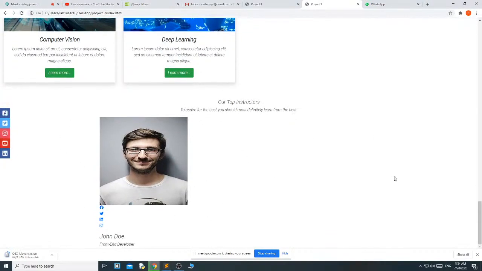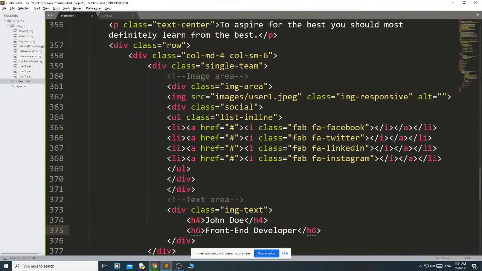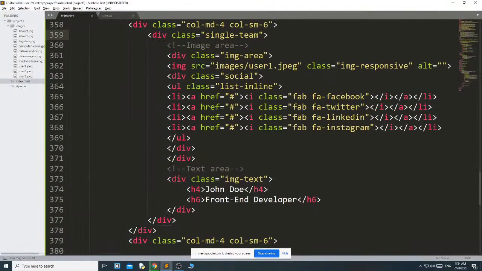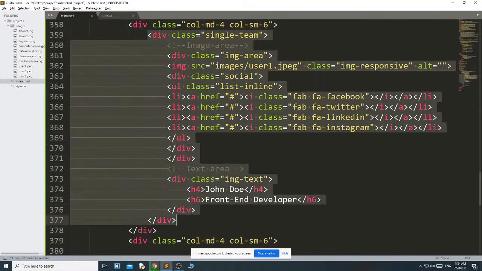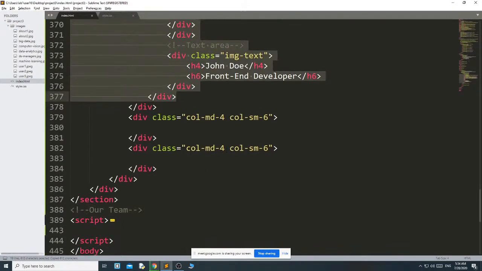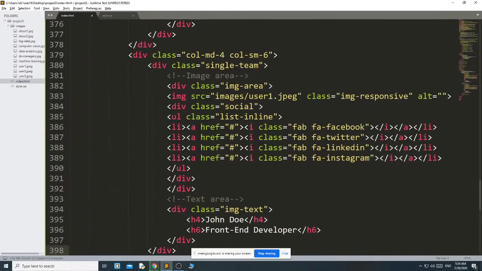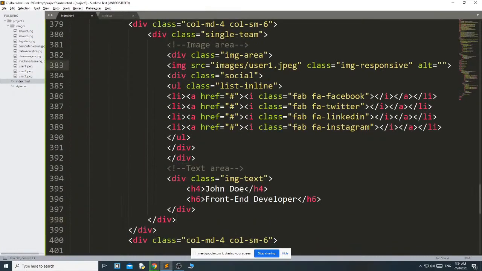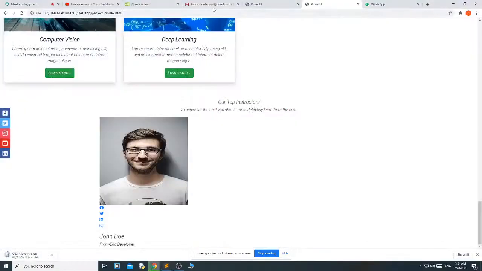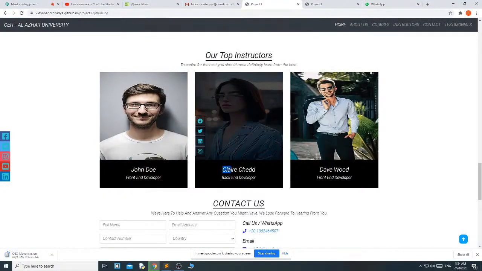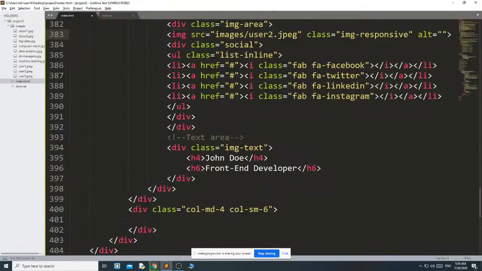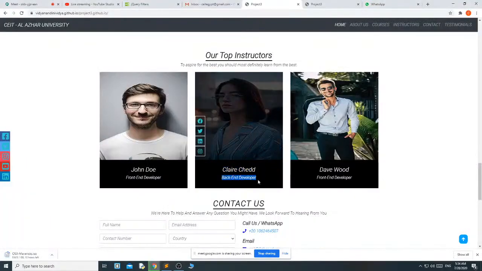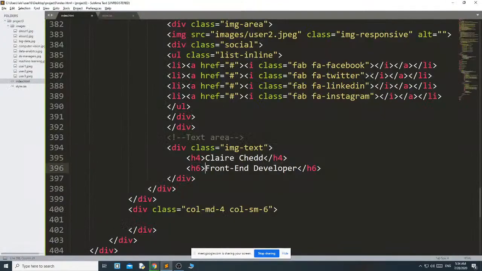Then I need 3. Then what do I have to do? From here, copy, paste. Here change the image user, and in the image text you change this name. I just change from here, copy, paste, copy, paste.